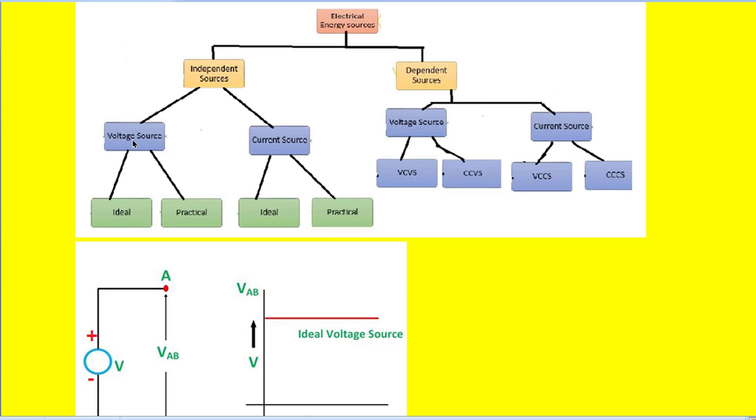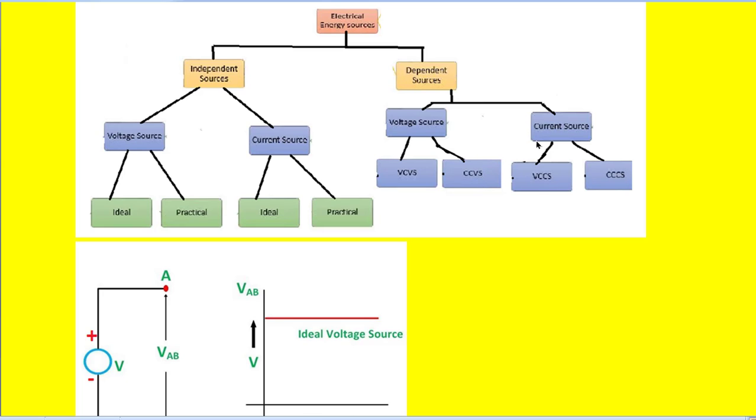Under voltage source, we have the classification ideal voltage source and practical voltage source. Similarly, under current source classification, we have the ideal current source and practical current source. When it comes to the dependent sources, again we find the voltage sources and current sources. Under voltage sources, again we have the classification, that is voltage controlled voltage source, the other one is current controlled